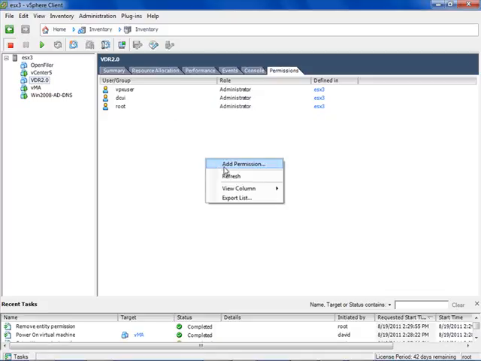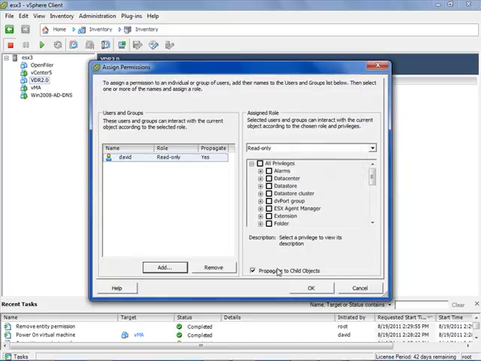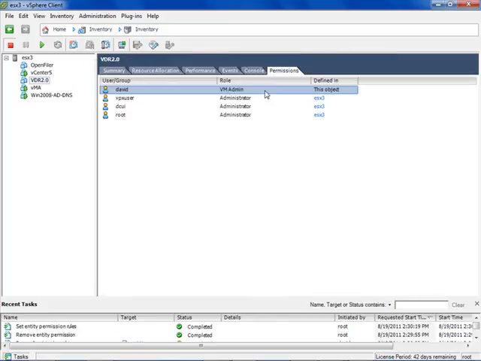So now I'll right-click, I'll add a permission. Again, I'll add David. Say OK. I'll set the privilege to virtual machine admin. We really don't need to propagate because we're defining this at the lowest level, the virtual machine. I'll say OK, and now you can see here it's defined on this object. So now if we log in as David, I should be able to only power on and power off this